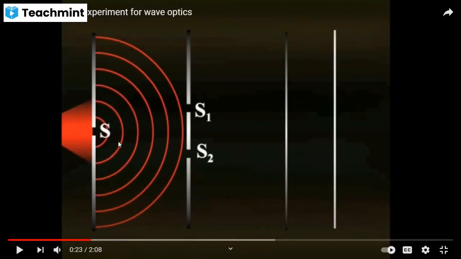So what we are saying here is that these red color ones correspond to the crest of the wave, and the dark in between, this black one, corresponds to what? Trough. So red corresponds to crest, and this dark corresponds to trough of the wave. Crest, trough, crest, trough, like this. We have alternative crest, trough, crest, trough. Right?